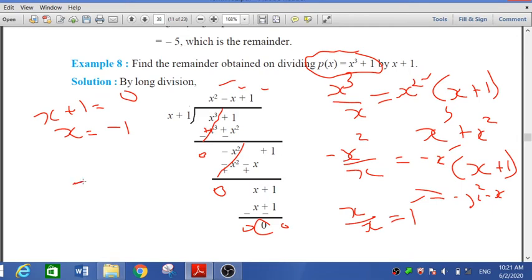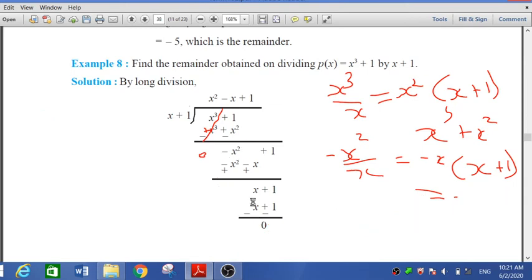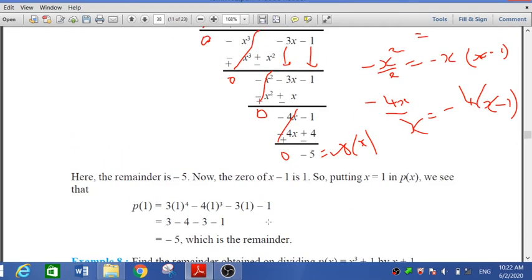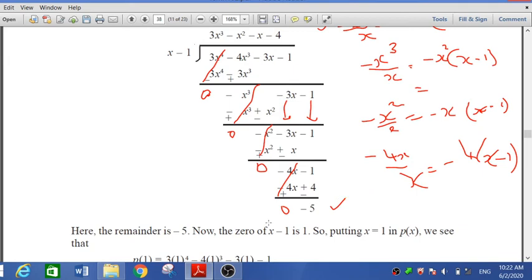So minus 1 the power 3 plus 1. So minus 1 the power 3 minus 1 plus 1. The answer is 0. So these are 3 important sums related to the long division method. Again I am explaining properly: monomial divided by monomial, or first term divided by first term. Anyhow, when I explain the sums, you have to write them in your rough book and show me in your classroom, that is already in Google.